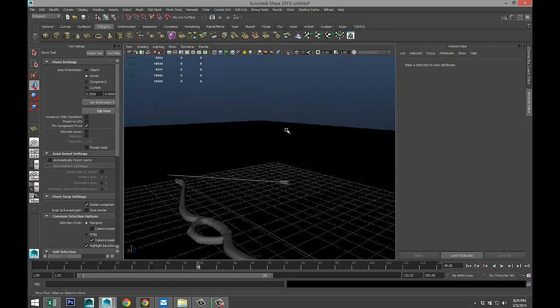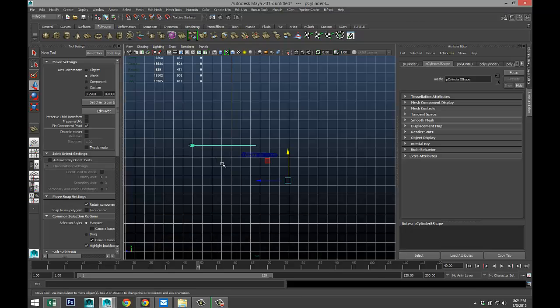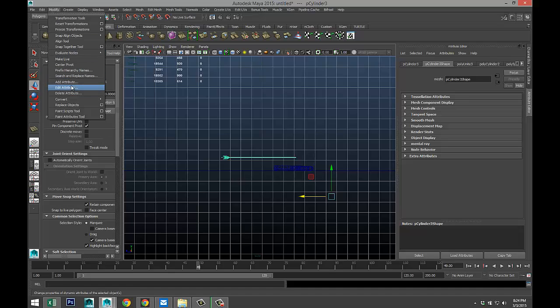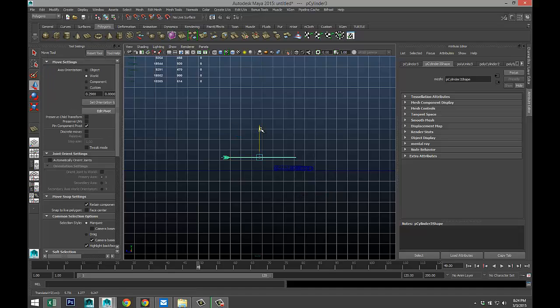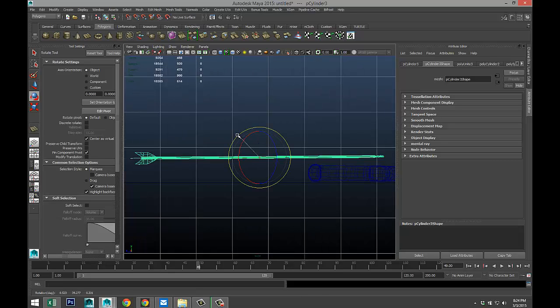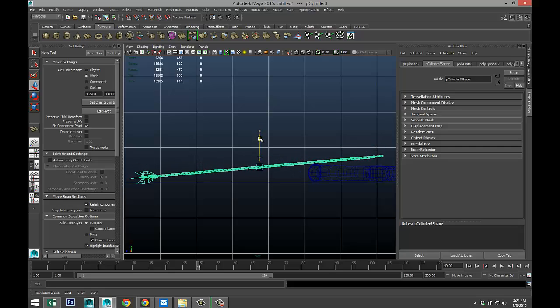So we're going to go back here. Let's get our arrows positioned. So I'm going to bring that in, F to zoom in, modify center pivot. We're going to bring that down, hit F to zoom in, hit E to rotate. W to move down. And move that back just a little. Actually move that up, I mean.